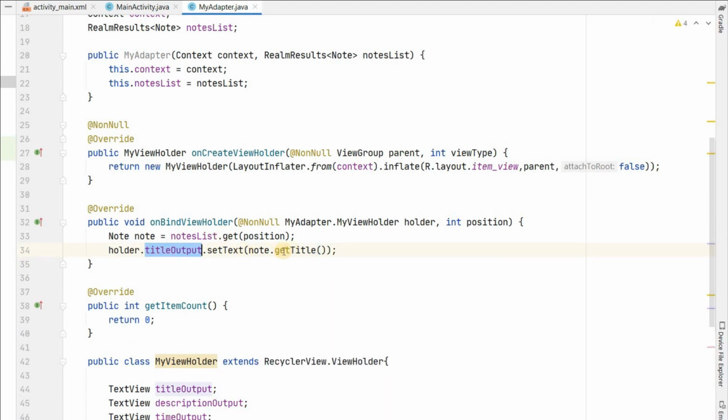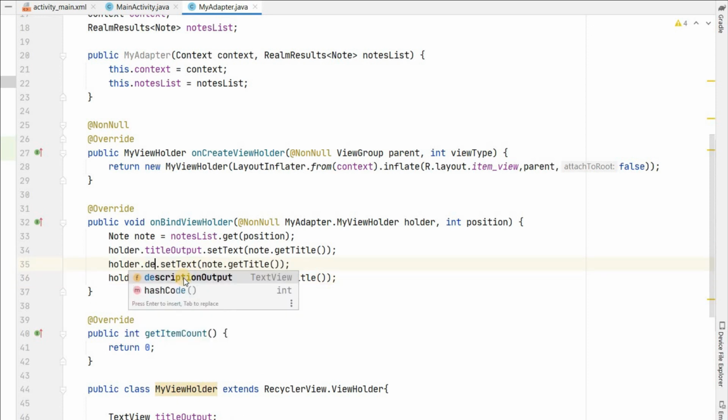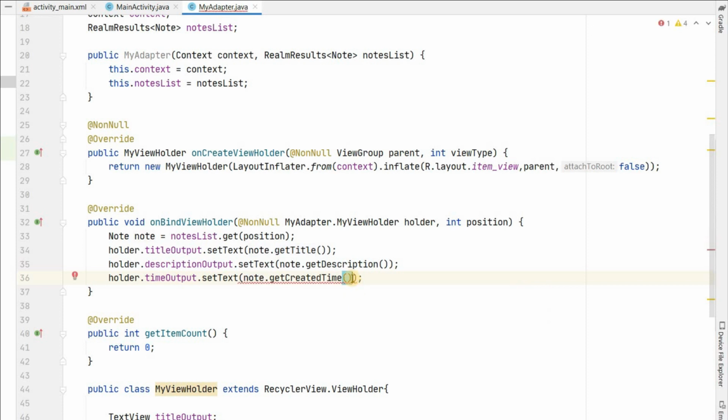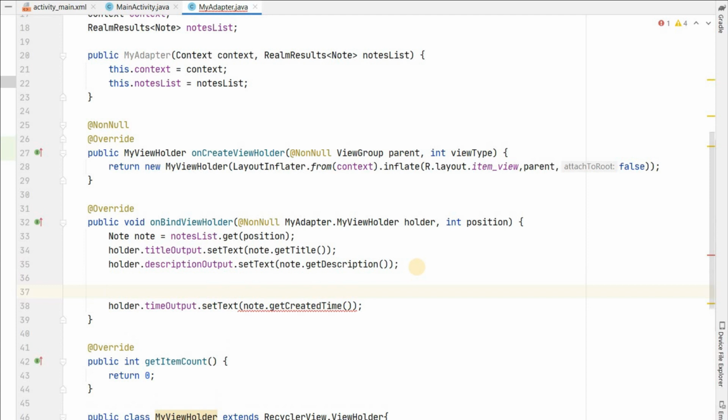So in the title output we are setting the note's title. In the same way, in the description output we are setting the note's description. In the time output we are setting getTime, but the time is in milliseconds. We have to format that first, so let's do that.